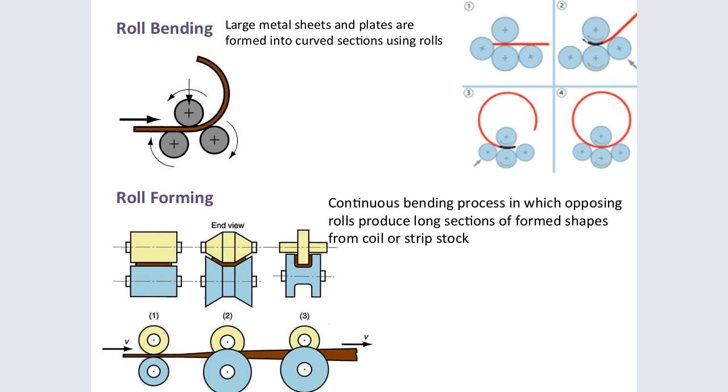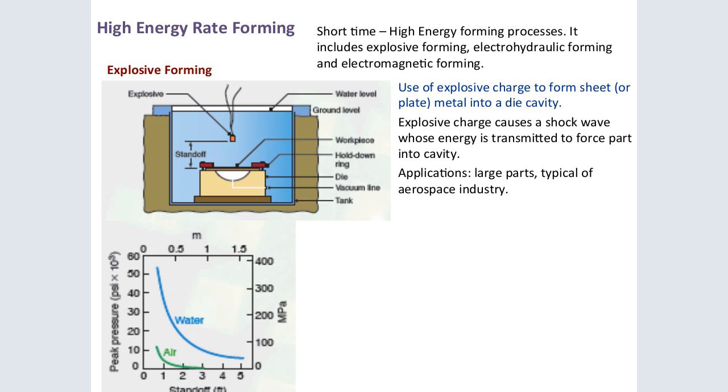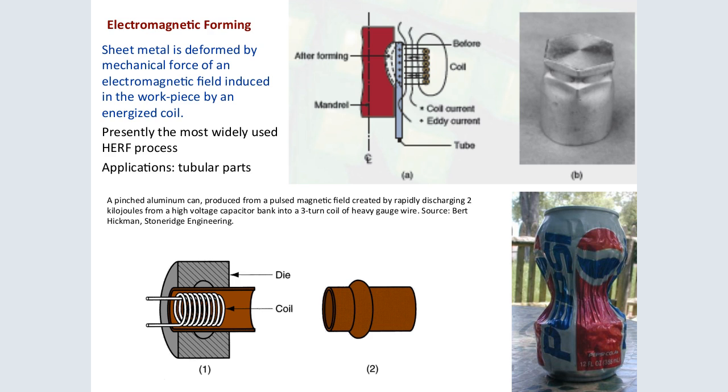Roll bending, that is, large metal sheets and plates are formed into curved sections using rolls. Roll forming. High energy rate forming is there. Electromagnetic forming. Electromagnetic forming is also another process that is very important. So the sheet metal is deformed by the mechanical force of an electromagnetic field induced